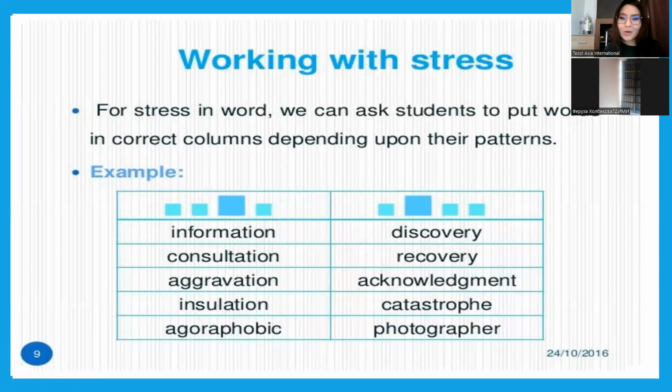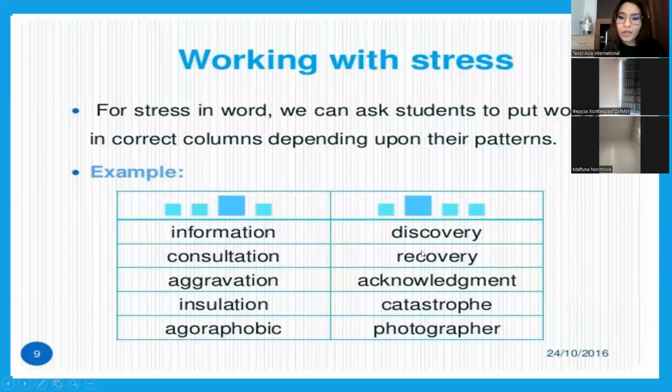Yeah, let's go on working with stress and how to introduce stress to our students and how to let them practice. You can prepare such tables with words and ask them to place them into the right place. You should have a word table. You can imagine how it is done. Yeah, a word table, and you can take all the words in the table and your students should take the word